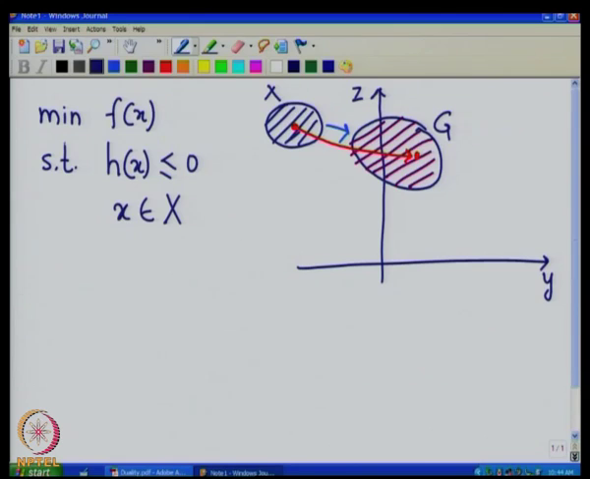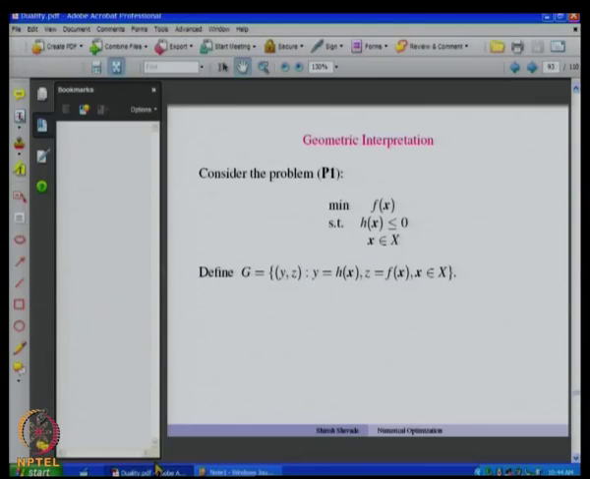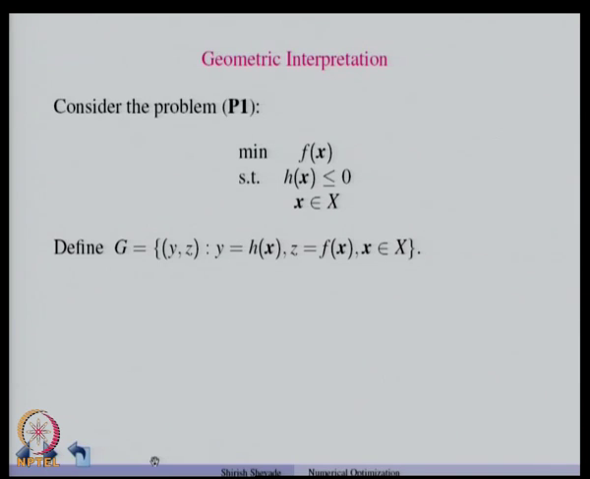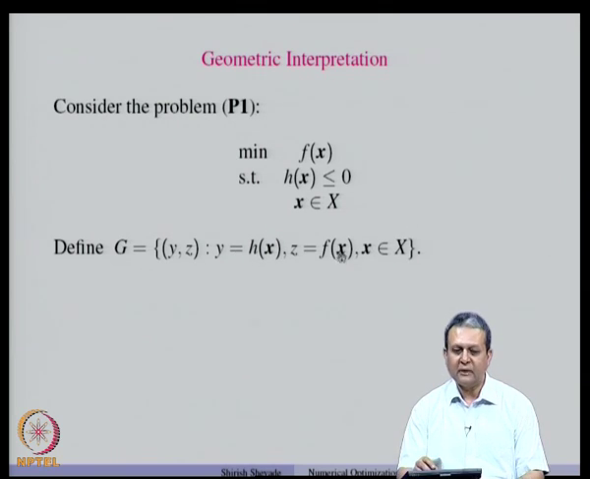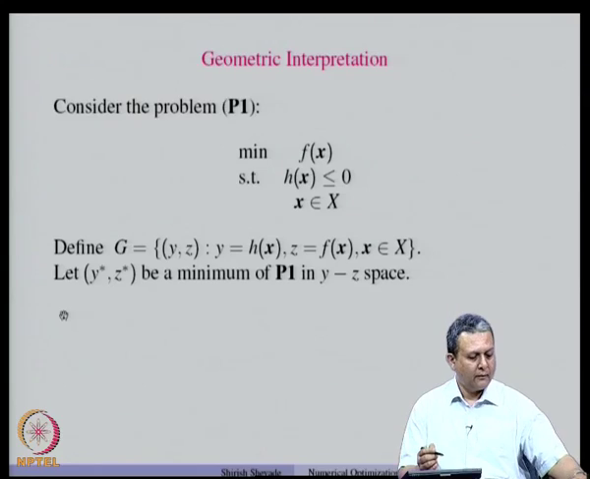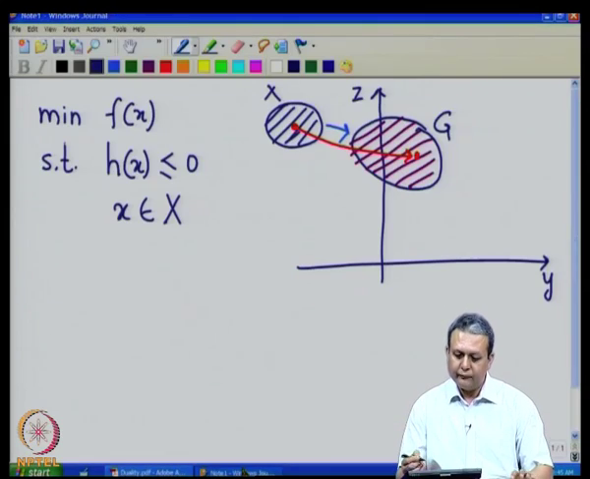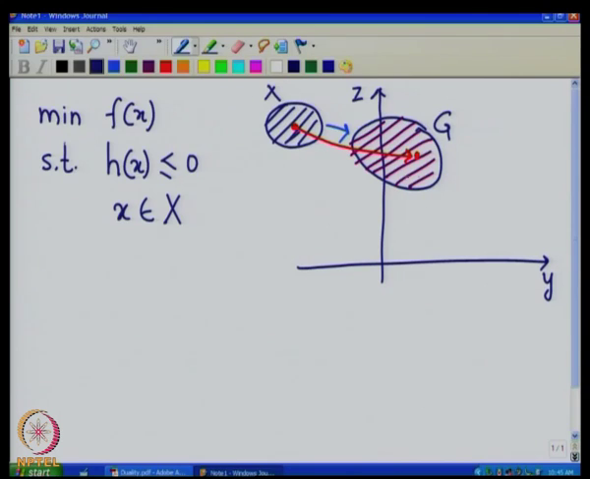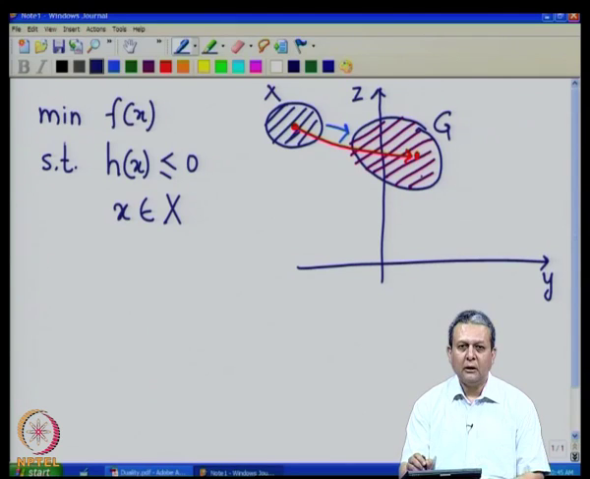Okay. Now, we have denoted the set G, which is obtained from every x in X by using y equal to h(x) and z equal to f(x). So, let us denote the minimum of the objective of the problem in the yz space as (y star, z star). So, this is our feasible region, the set G, that is our feasible region as far as x is concerned, but remember that